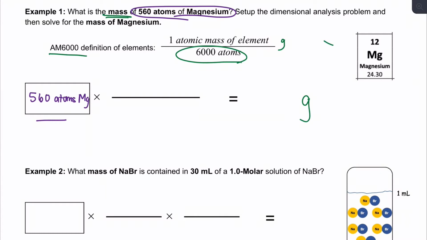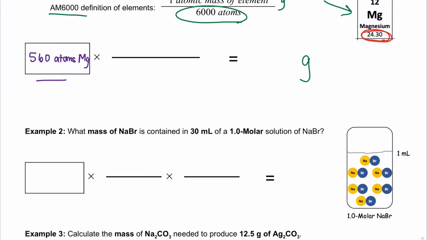So I have put the magnesium block here, and from here we need the atomic mass. The atomic mass on our periodic table is going to be this number, which we're going to round to a whole number, so 24 grams. And so what that's saying is that there are 24 grams, that's the atomic mass of the element here, per 6,000 atoms. So I'm going to put my 24 grams of magnesium on the top line. On the bottom I put